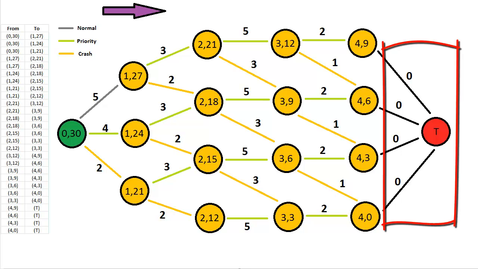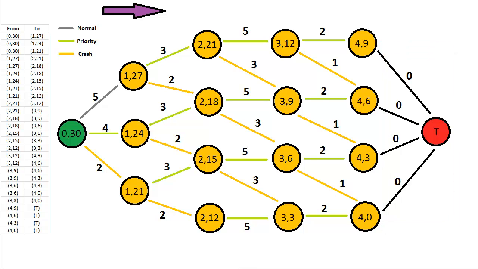The 0 length arcs leading from stage 4 to our termination point, that just helps us resolve all of our paths into one point. And because the arcs are 0 length, they don't actually affect our problem. That's why it's called a dummy node. We use dummy variables in statistics all the time. So this is just a dummy node that doesn't have any length, but still helps us resolve all of our